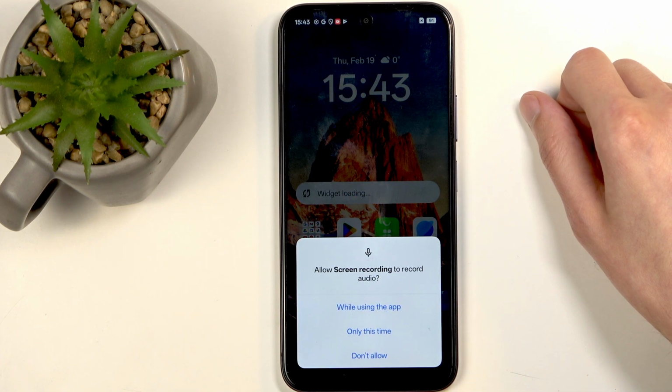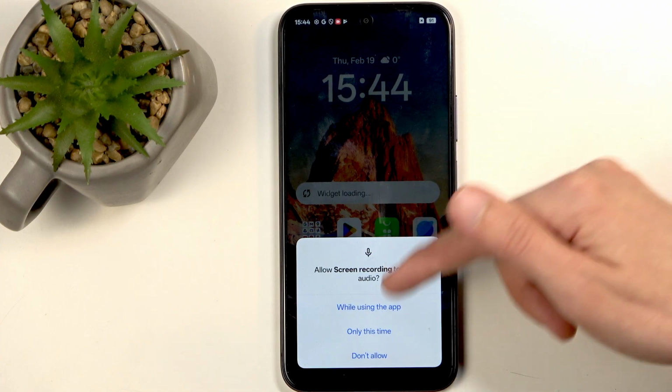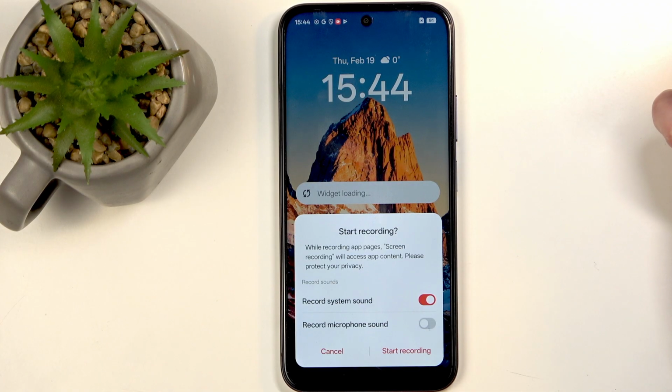First time around it will ask for some permissions, so we're going to select while using the app, and there's our window allowing us to change the sound that will be recorded. So we have system sound and microphone. You can record both. These both can be turned on at the same time, but